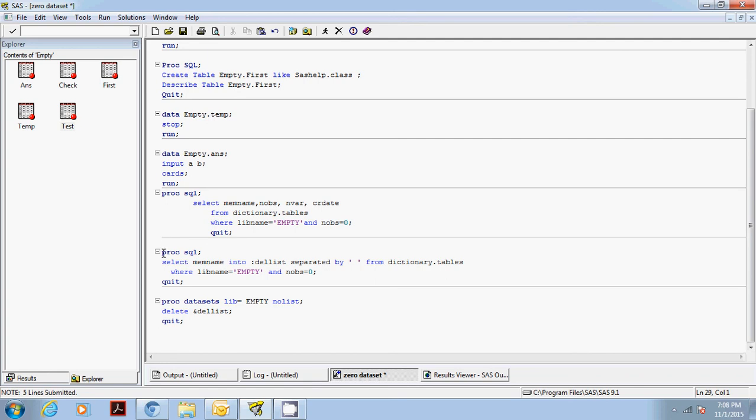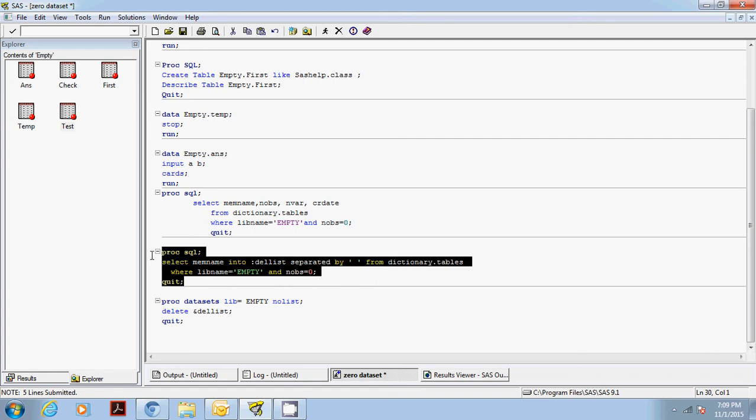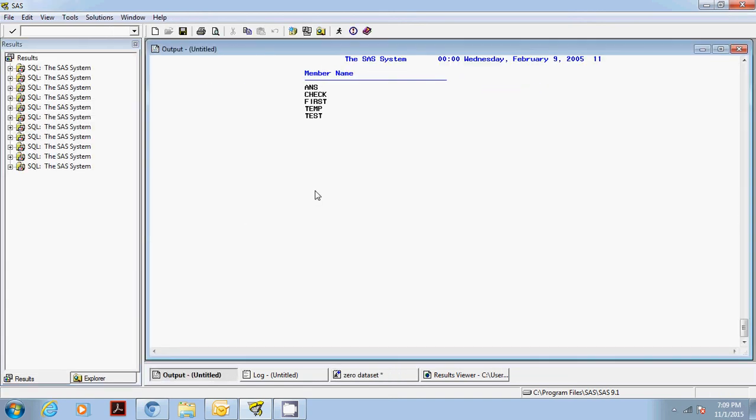So I'm going to show you how. You're going to write this statement: proc SQL select memname into :dellist, which is the macro variable, separated by space, from dictionary.tables, where libname is empty and nobs is 0. So it's going to capture all the datasets in this macro.